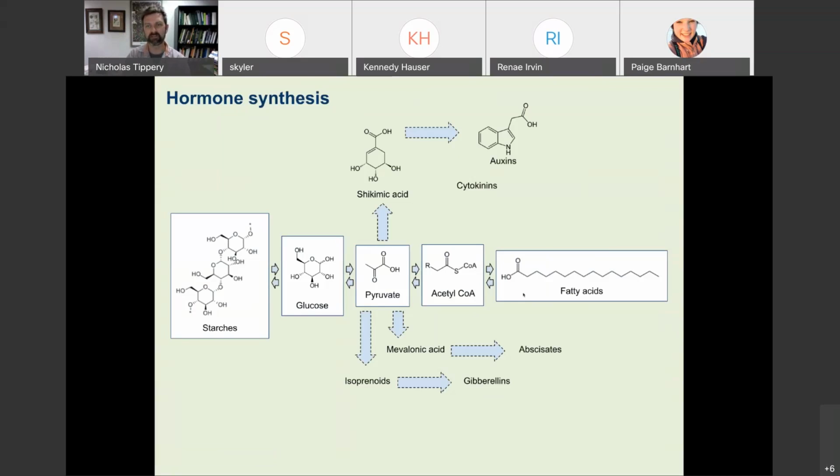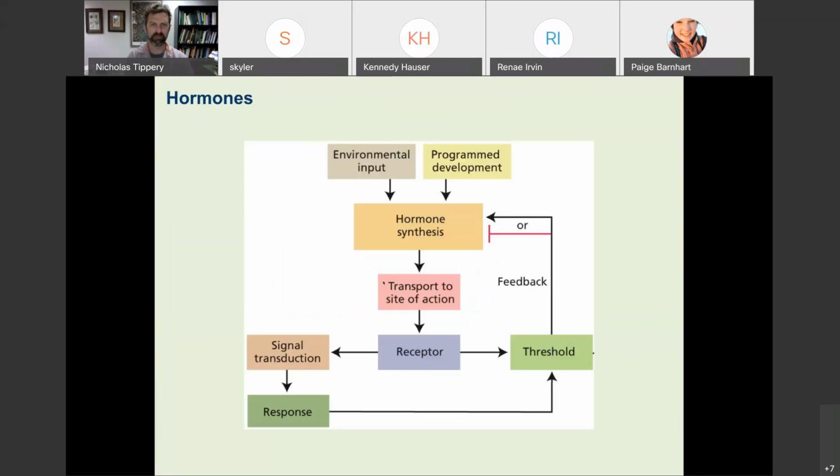So a few different kinds: Auxins, Cytokinins, abscisates, Gibberellins, basically produced from this pyruvate, really generic general molecule starting point. All right, so that was that. Let's go